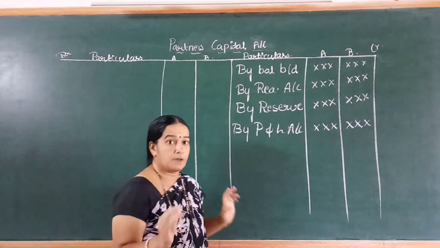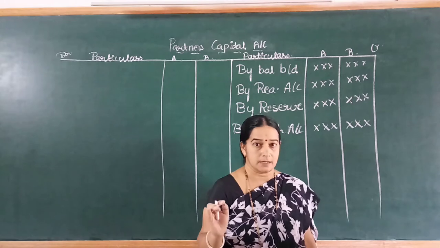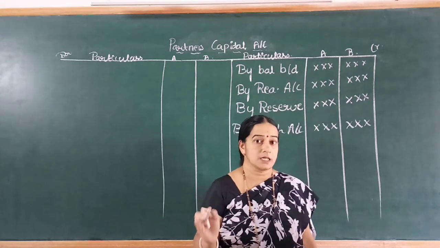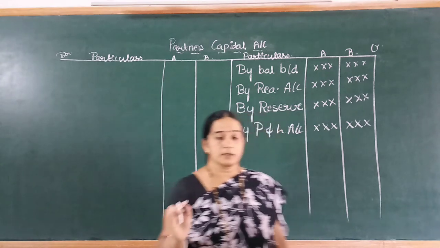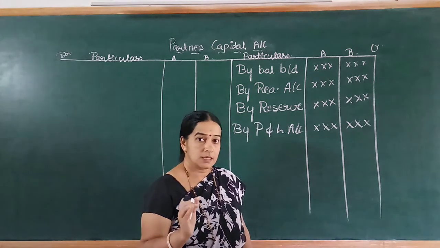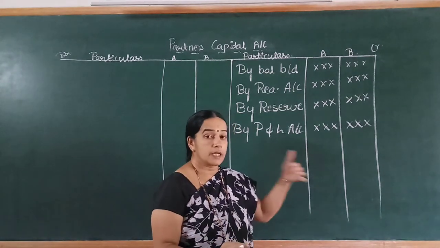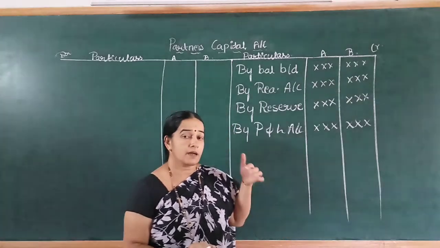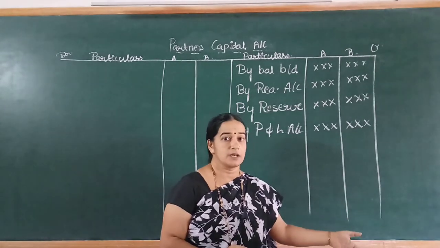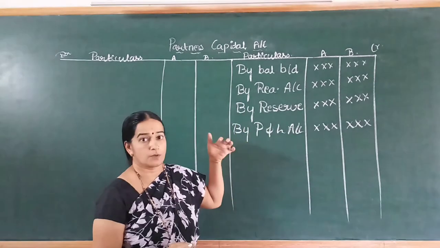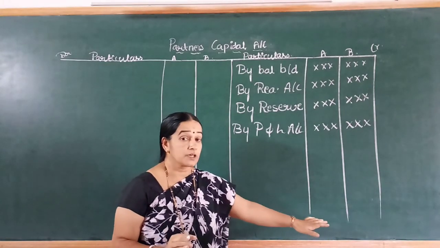Now fifth step, sometimes a partner may take over the asset. He may purchase the asset at the time of dissolution of a firm. If any partner takes over the asset, that entry we have made in the realization on the credit side. So what is the entry we made in the realization? Means partners capital account debtor to realization account. So partners capital is written on the credit side of the realization.